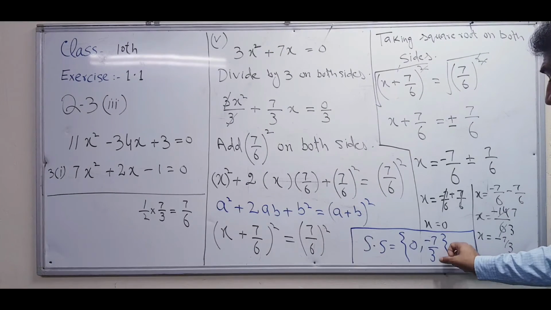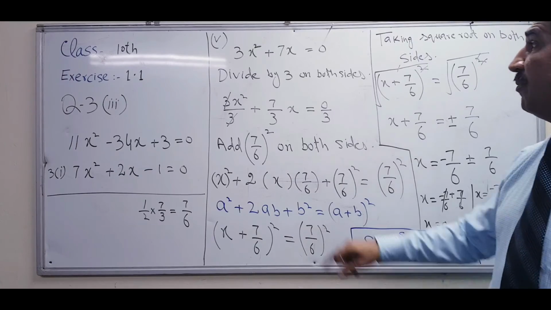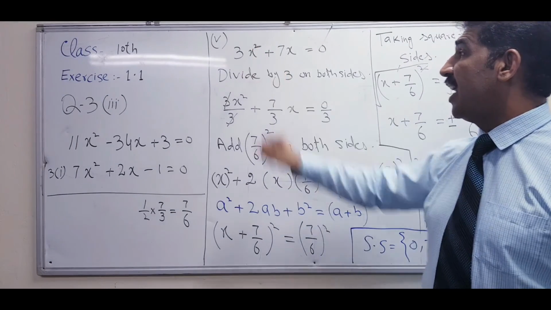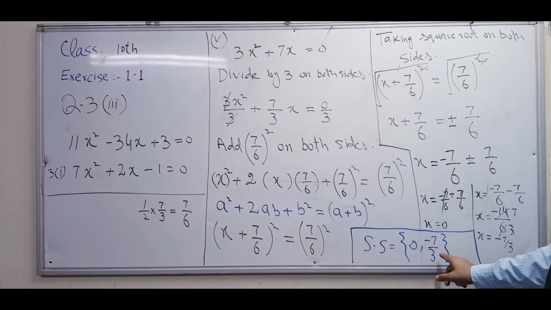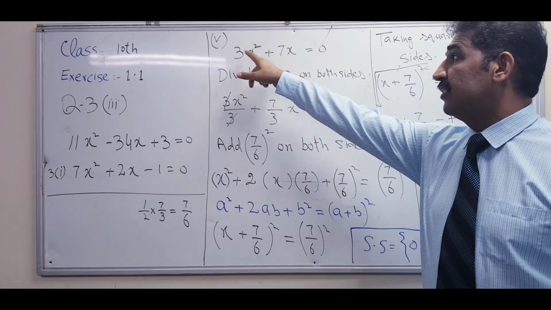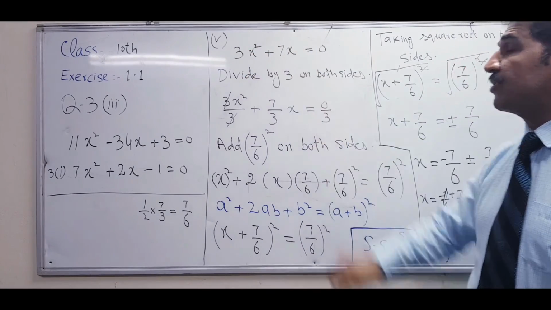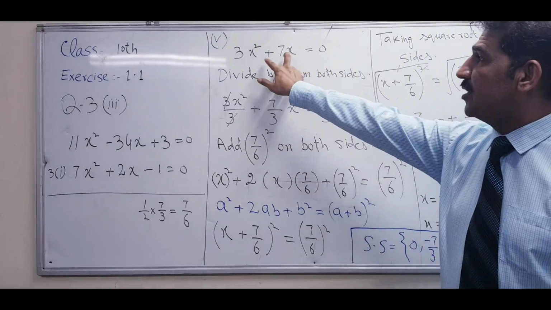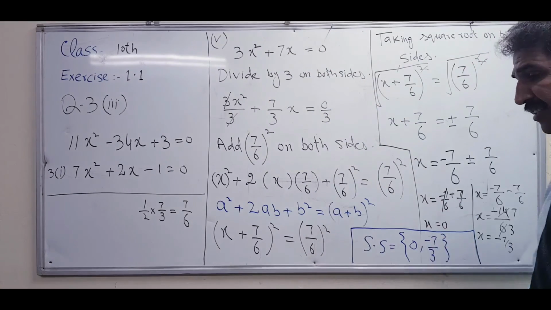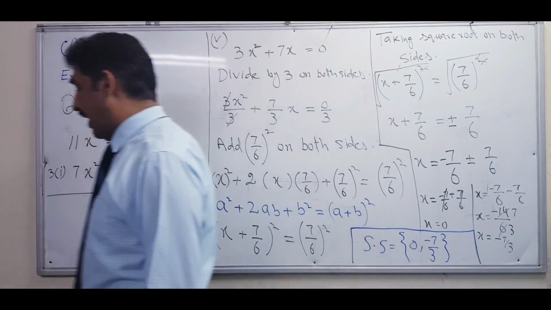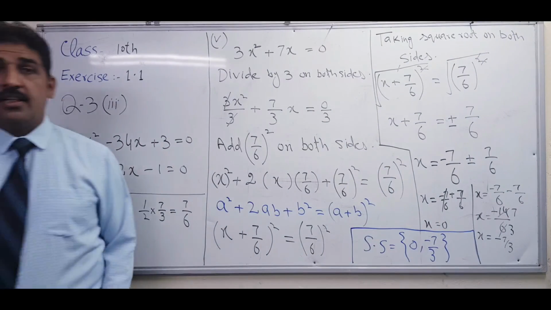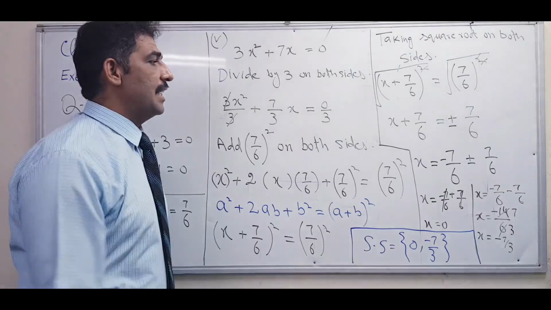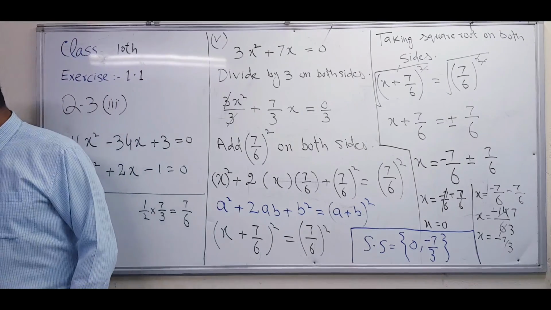If I put this second value, minus 7 over 3, when I take its square, it will become 49 over 9. It will cancel, 7 over 3, and here also 7 over 3 into 9. So it will be the same. Both are correct answers. If you want to check, as I told you before, use the calculator and get the answer. After that,